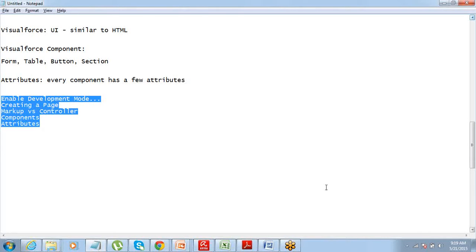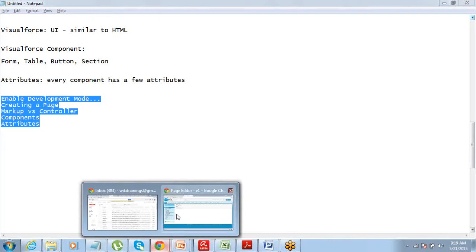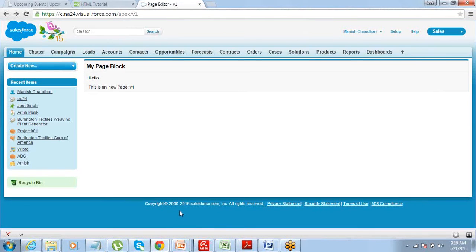Clear on it? Let me know if any questions on any of these things. So we know how to create a page, we know how to use components, attributes, markups; controllers we have not used as of now. Whatever you can view on this page is all markup. This text is markup, this is markup, everything is markup. We have not used any controlling logic for this page as of now. We will learn how to use the controlling logic a little later. Right now, whatever page we have, we are just putting the markup.